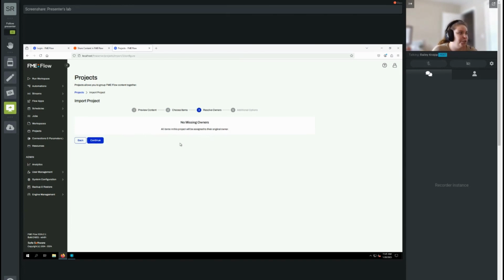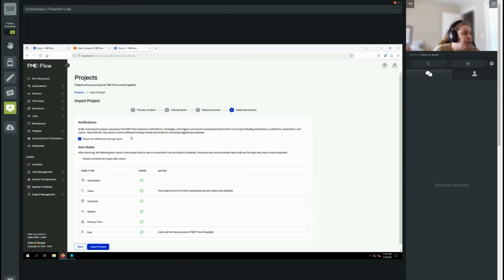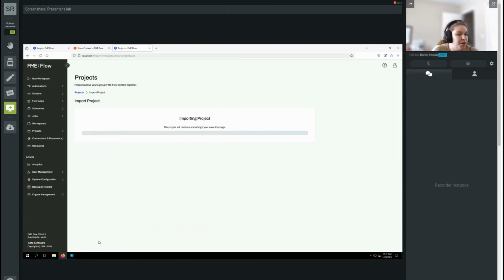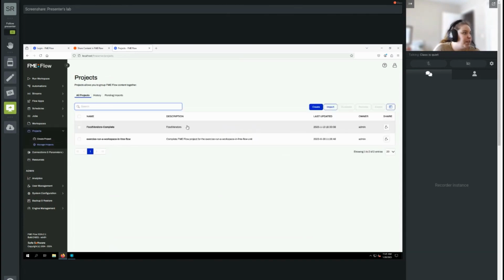There's an option to resolve owners. We have no problems here. The project was created with an admin. I'm the admin, or logged in with the admin user, so we're good. And additional options. There's nothing really here that we need to worry about, so we can just click import project. So it says it's complete, so I can click view projects, and here we go. We've got that project,